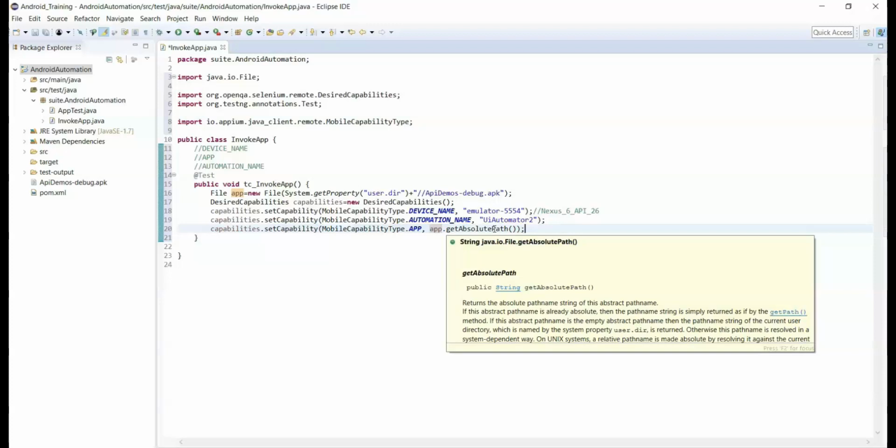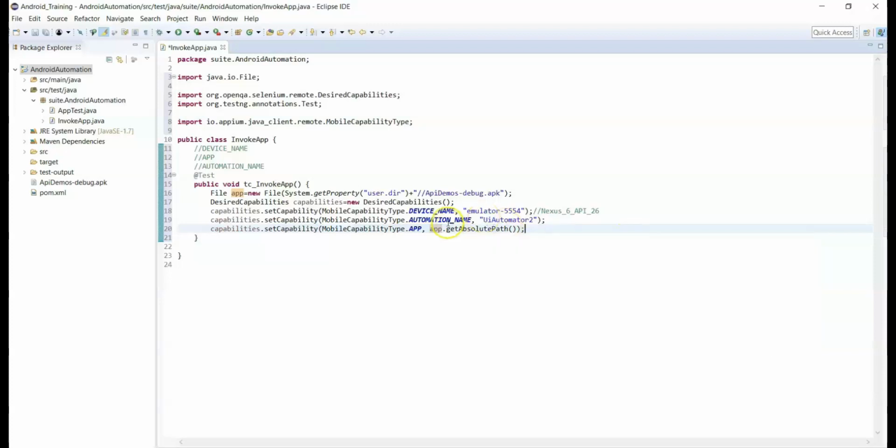They will not have the same folders. So that is the reason we are using file class to overcome that situation. Now after passing the path like this, app.getAbsolutePath, if you copy this project to any other machines, it will work properly, because it returns the current root path wherever it is. Simply it returns the root path of this project.